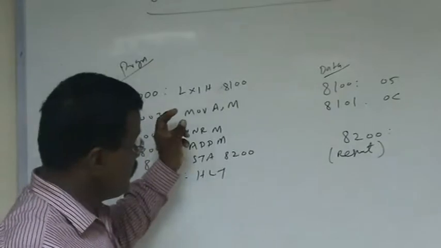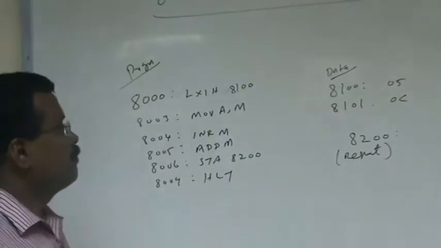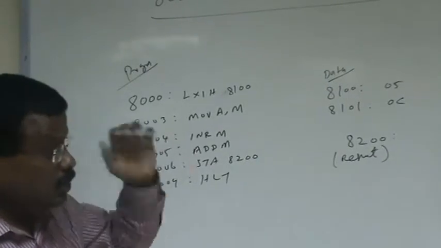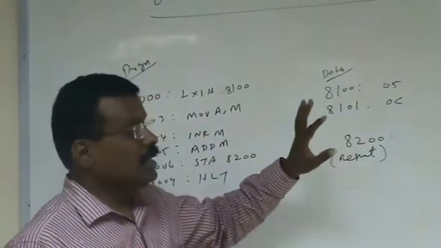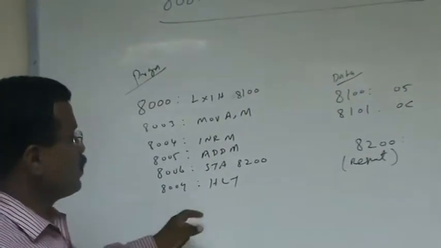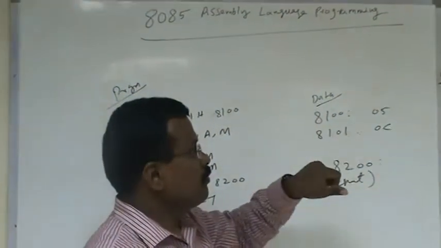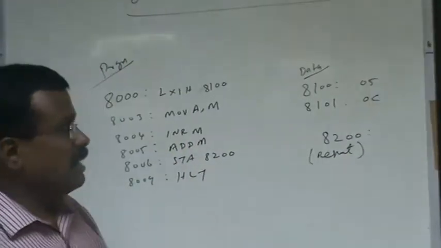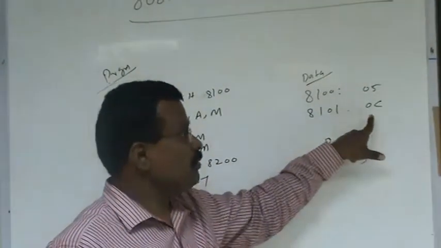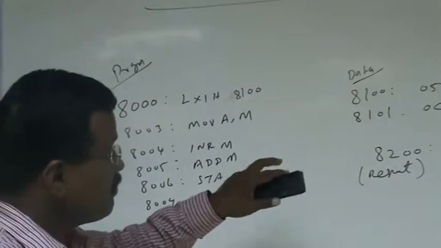We have to always fetch the numbers from the memory data area, then add them. Now suppose the question is like this: there are two numbers stored at the memory locations 8100 and 8101, and we should write a program to fetch the two numbers, add them and store the result at 8200. If the numbers are small, like 05 and 0C, the result is within FF. Suppose the numbers stored at 8100 and 8101 are FF and FF; while adding two 8-bit numbers, you may get a 16-bit result. So in that case, we have to check if there is any carry.